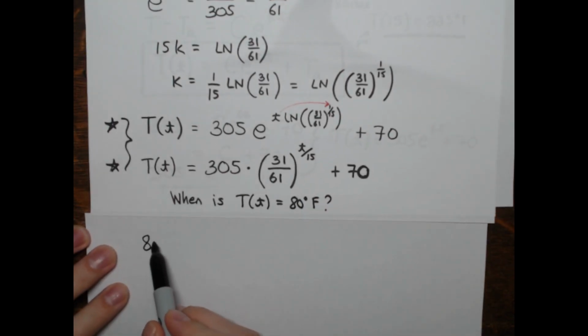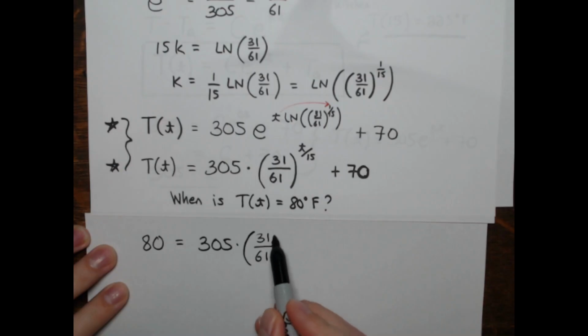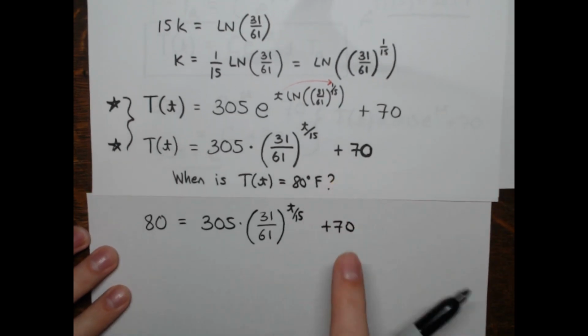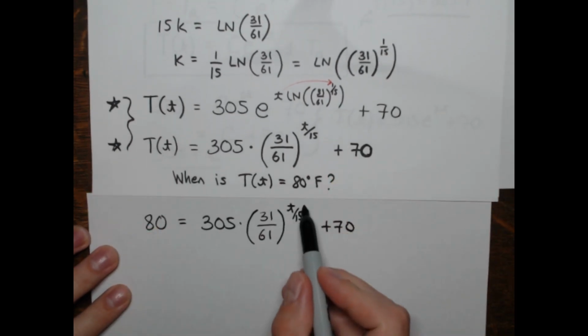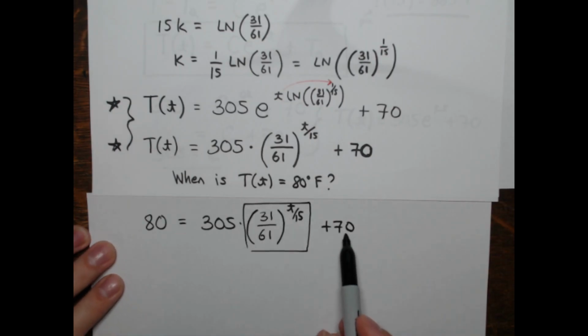So 80 over here equals 305 times this, (31/61) to the T over 15 power, plus 70. Take away the 70. I want to get this base and power alone. All right, isolate this, and then we'll use logarithms. Subtract 70, you get 10